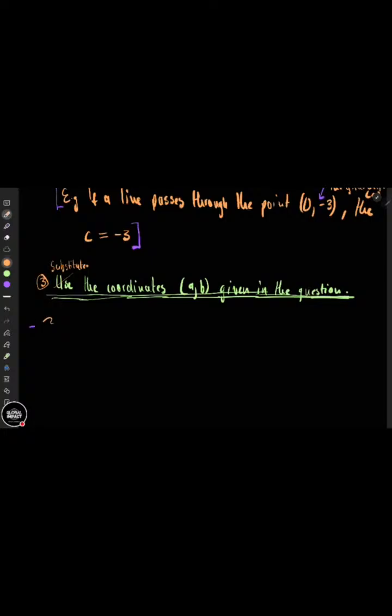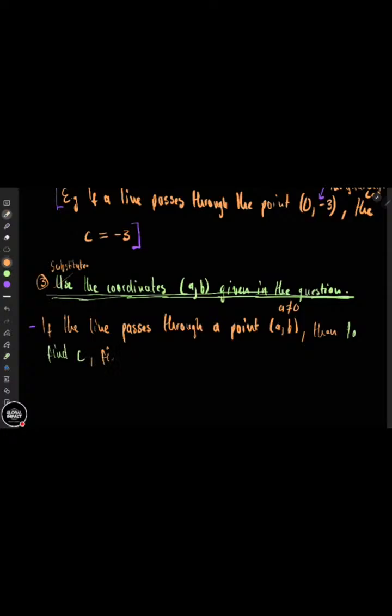If the line passes through a point (A, B), and I want you to know A is not 0, then to find C, first find M, right? Then after finding M,